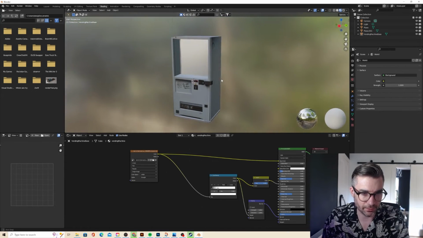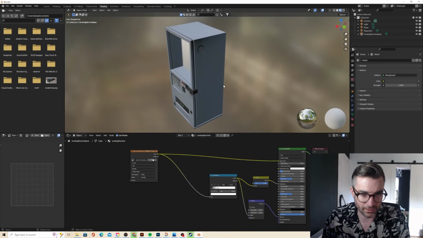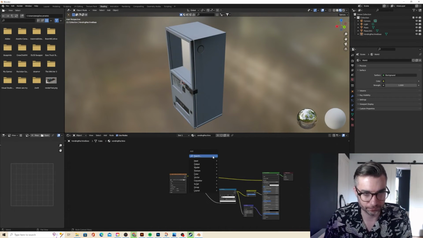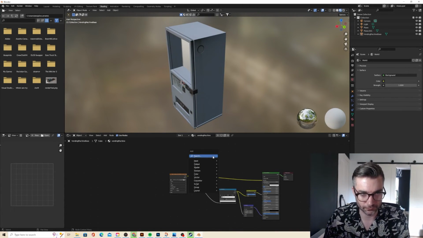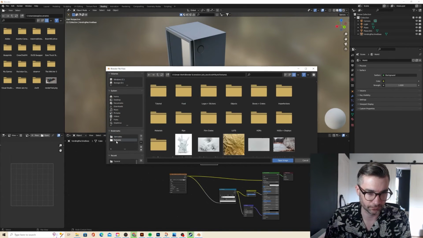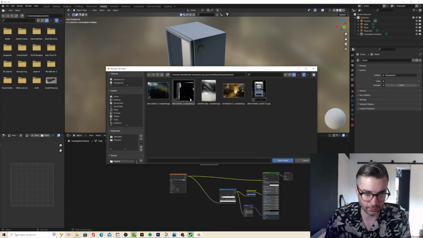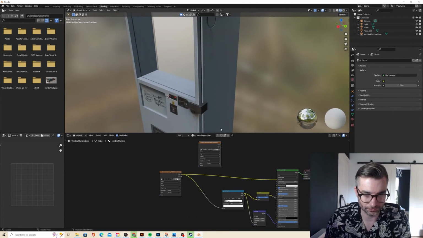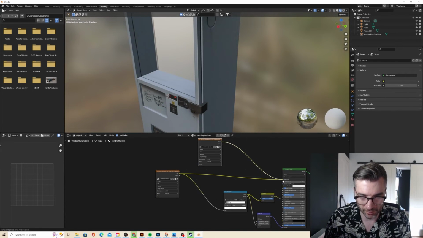Okay, and now let's try mixing in another texture as well. So this might get a bit more advanced, but let's add another image texture. And let's bring in, I've got some sort of scratched surface here. So if we apply this as the base color,